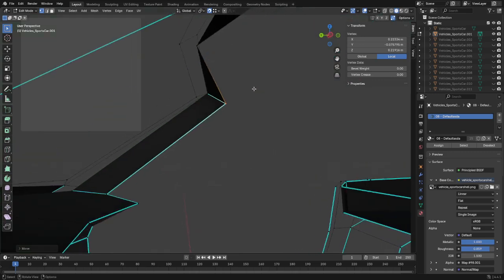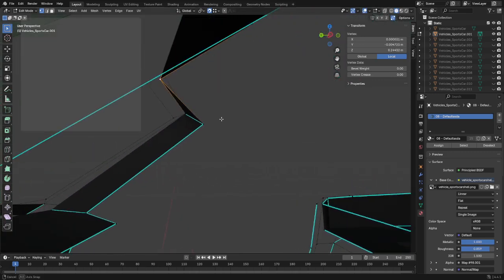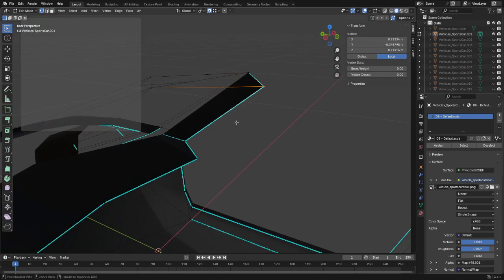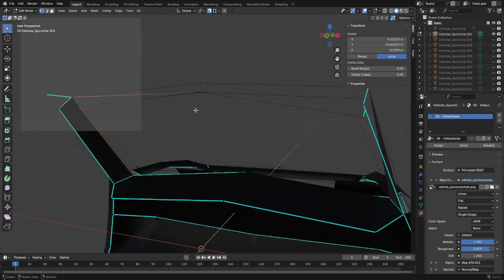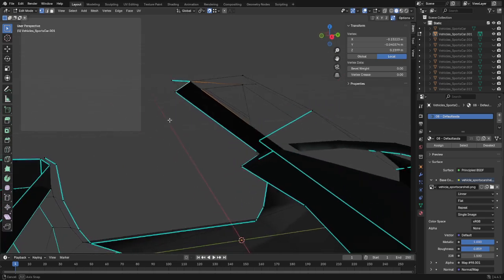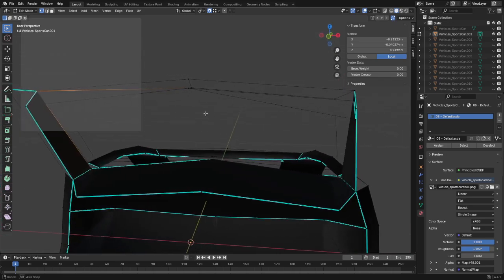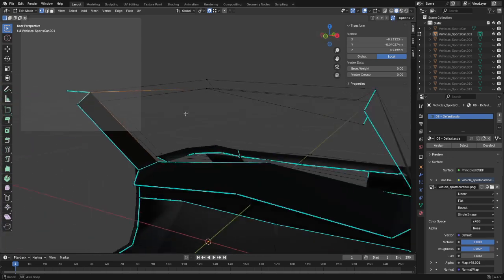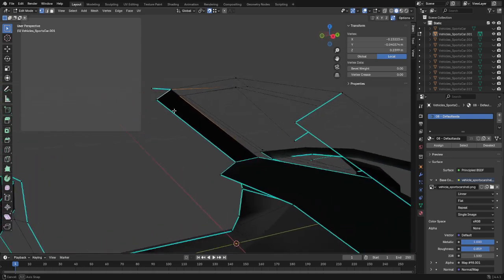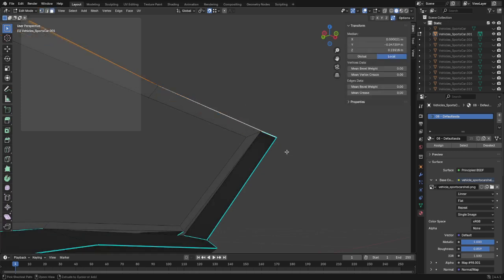So now we have a little bit of a gap here. Oh, shit, no. No or yes? Yes or no? Okay, let's undo all of that